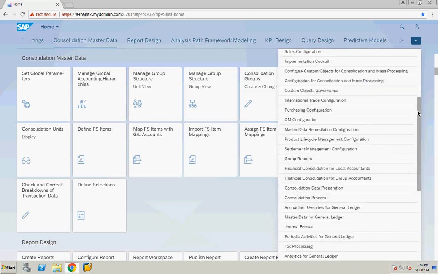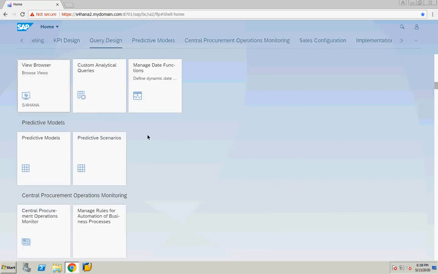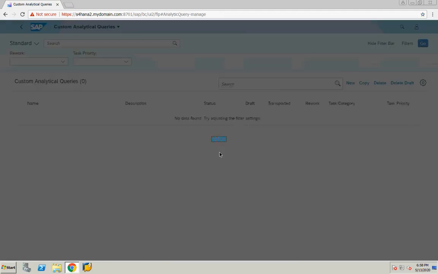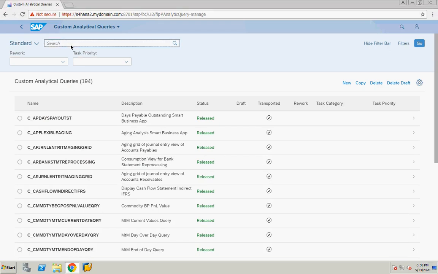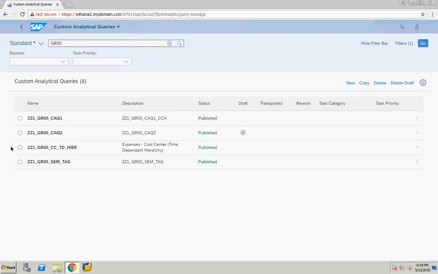Custom analytical queries are part of query design. Click here, this custom analytical query. I already created one query, so you can search for that query here. This is the query.